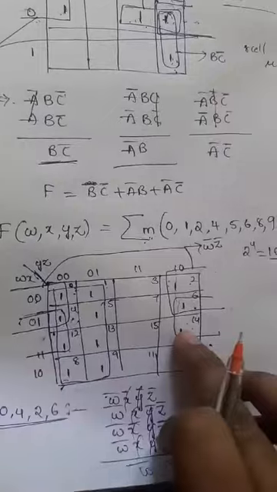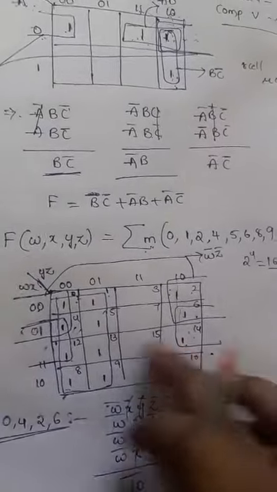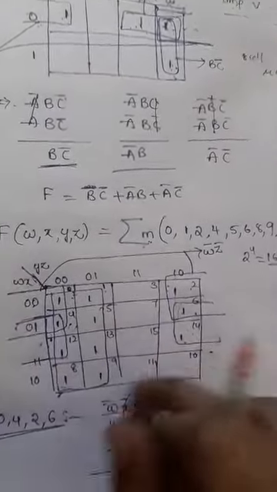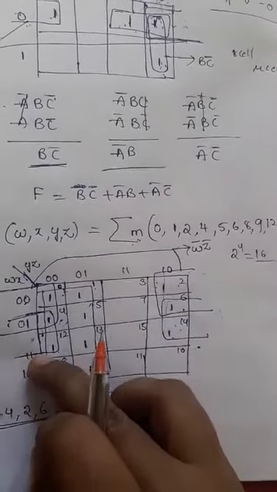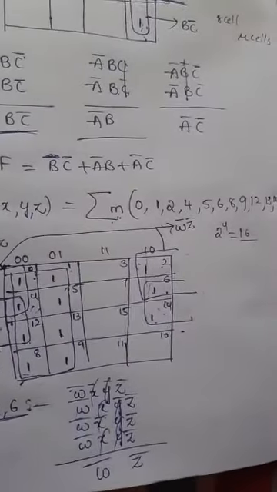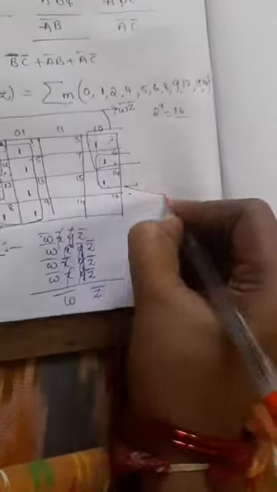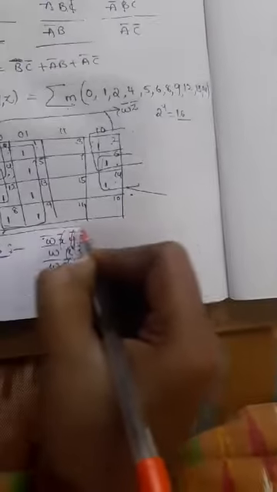Next the 14th column is nothing but 11 row and 14 column. So 1 1 1 0. So W, X, Y, Z complement. So from this we'll get the result. Here the Y variable changes and the W variable changes, so then directly we'll get X, Z complement. So you can write the result for this quarter. What is the result for this? X, Z complement. Okay, so two quarters are completed.